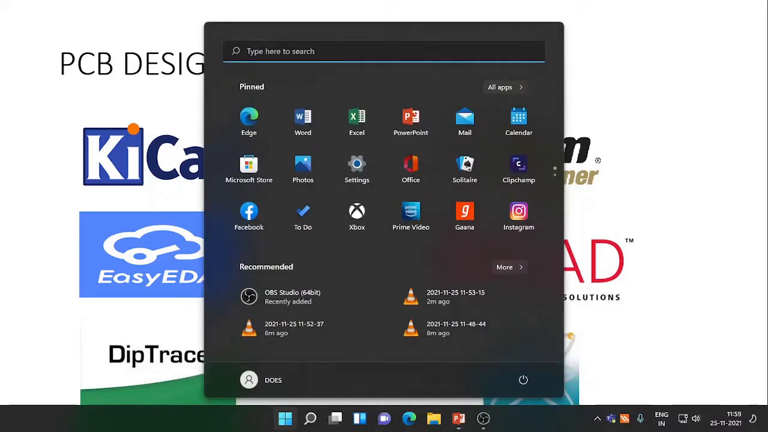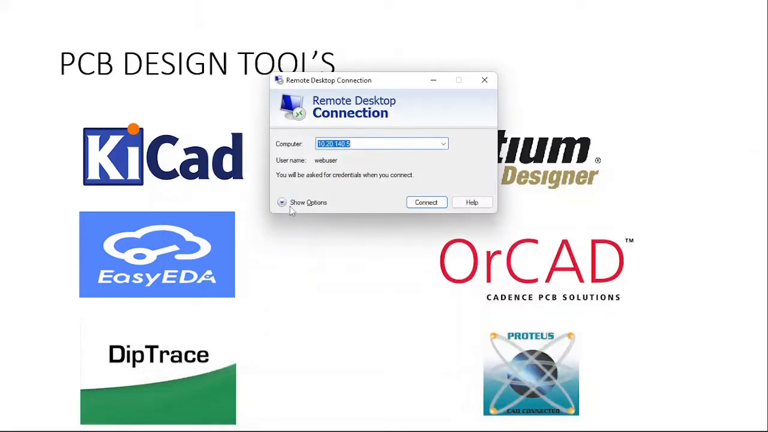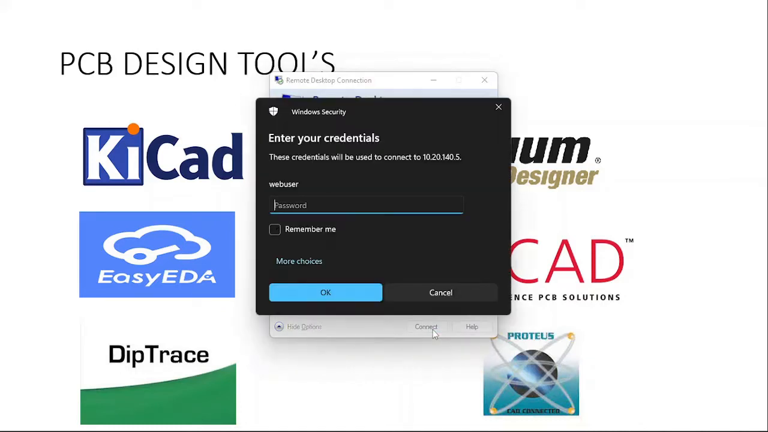So just click on the Windows button and search for Remote Desktop Connection. And over here you need to enter the address of the server, which is 10.20.140.5 and the username is web user. After this, click on the connect button. Now you need to enter the password. So the password is capital D, O in small letters, OES